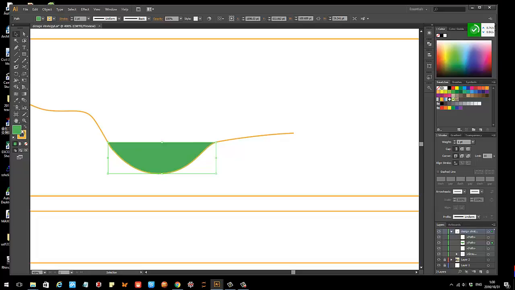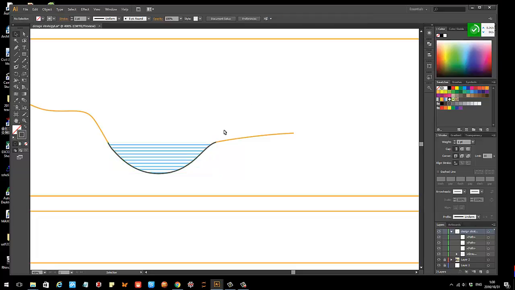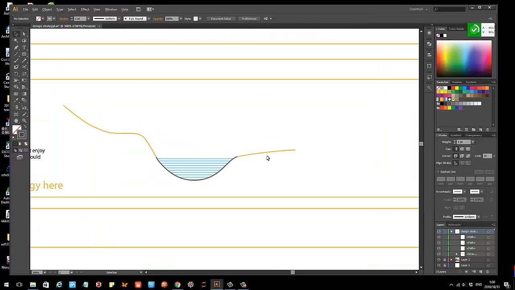Actually, we don't want to fill color because we only have watercolor down here, right? So how to change to stroke? You just click here, then it's in front. Okay, which is exactly what we want. So I want to give them a dark gray color like this. Okay, and then I will give